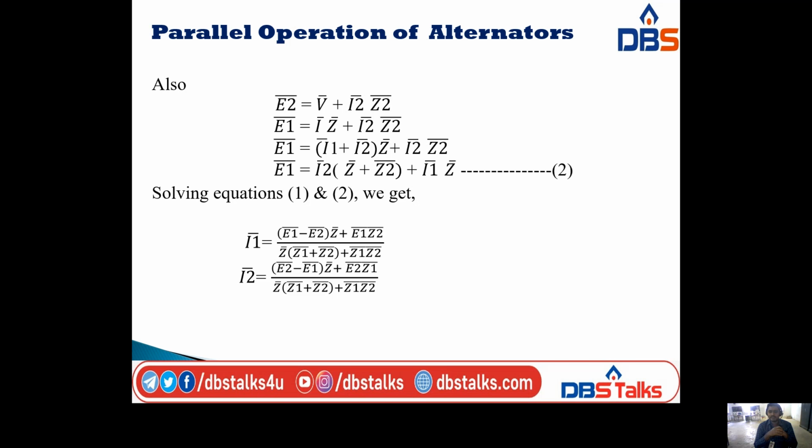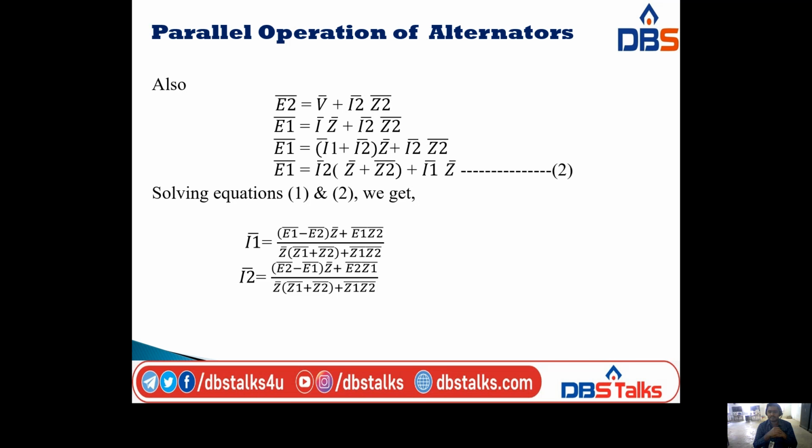We have I2 bar of Z bar plus Z2 bar plus I1 bar into Z bar. Treat this equation as equation number 2, and solving equation number 1 and the second equation, we have I1 bar is equal to E1 bar minus E2 bar of Z bar plus E1 bar into Z2 bar by Z bar of Z1 bar plus Z2 bar plus Z1 bar into Z2 bar,